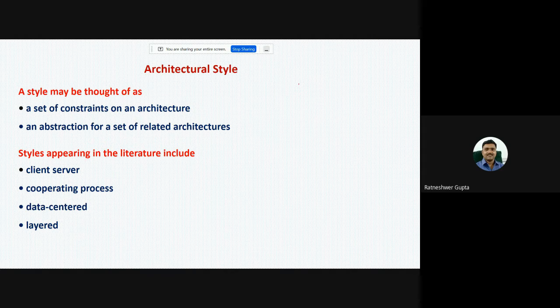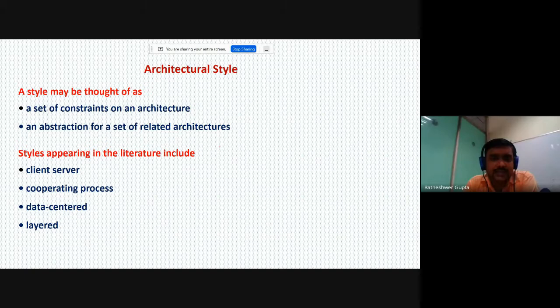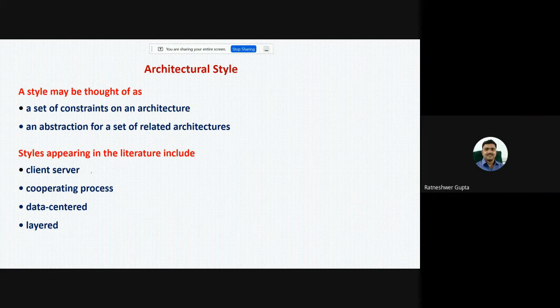Now, an architectural style may be thought of as a set of constraints on an architecture, and an abstraction for a set of related architectures. There are various styles for architecture. Some are mentioned here. One is the client-server architecture, where we have a server and one or many clients.